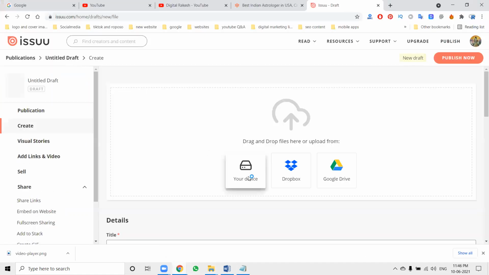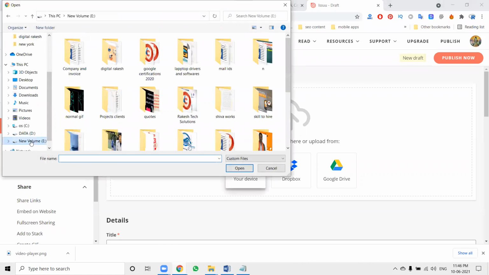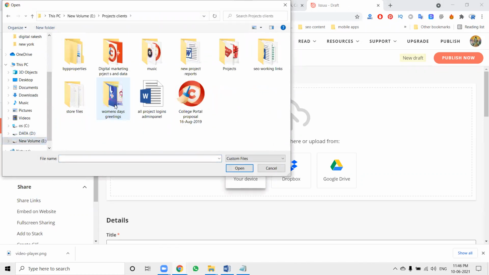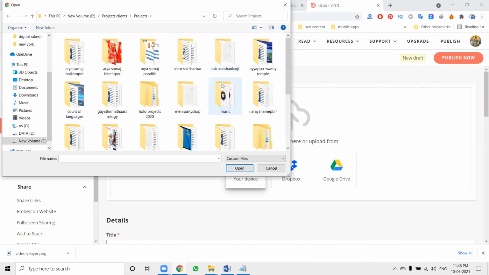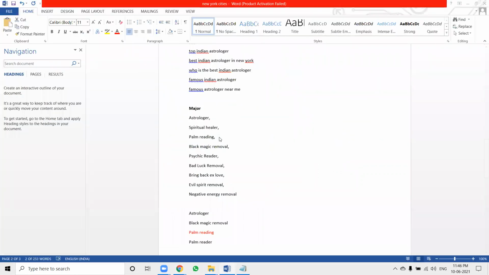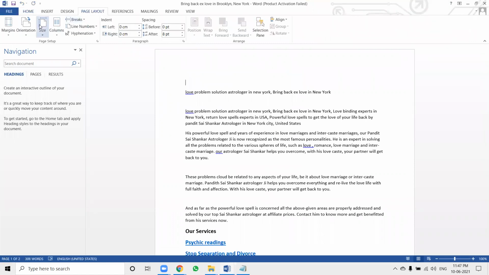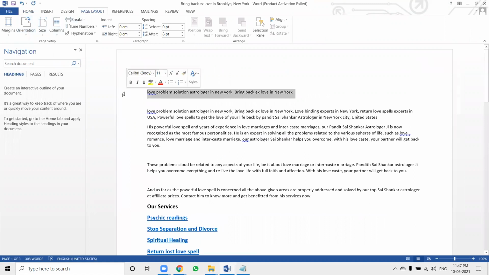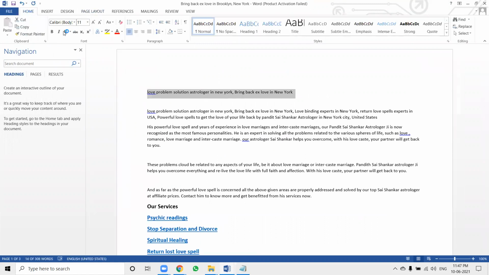See properly, listen here. Select the content you are uploading. And one more thing, when posting the content, the page layout is compulsory, so the landscape option is mandatory.